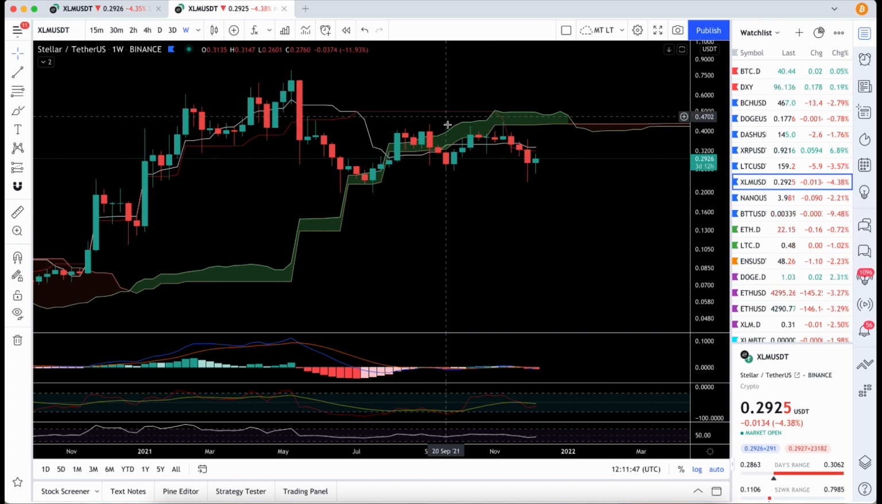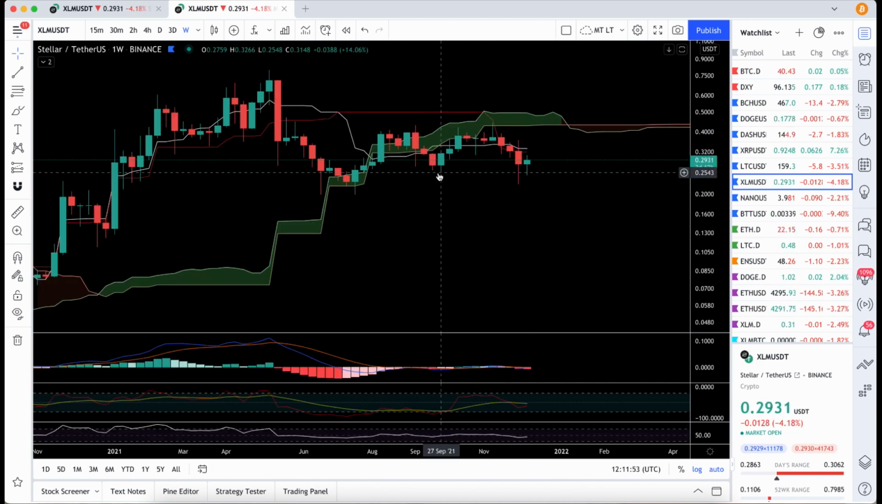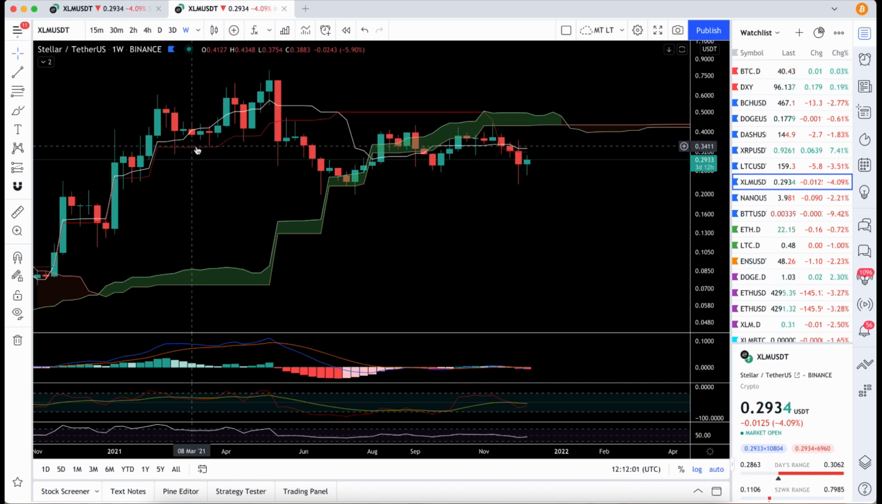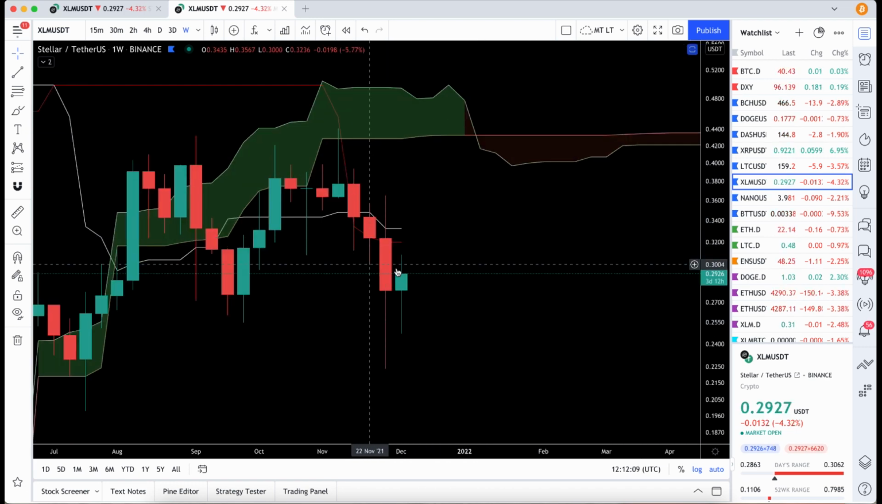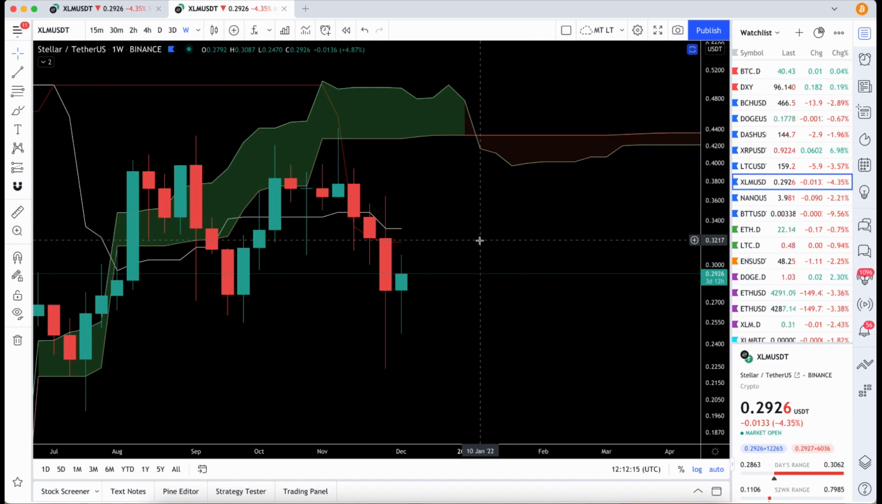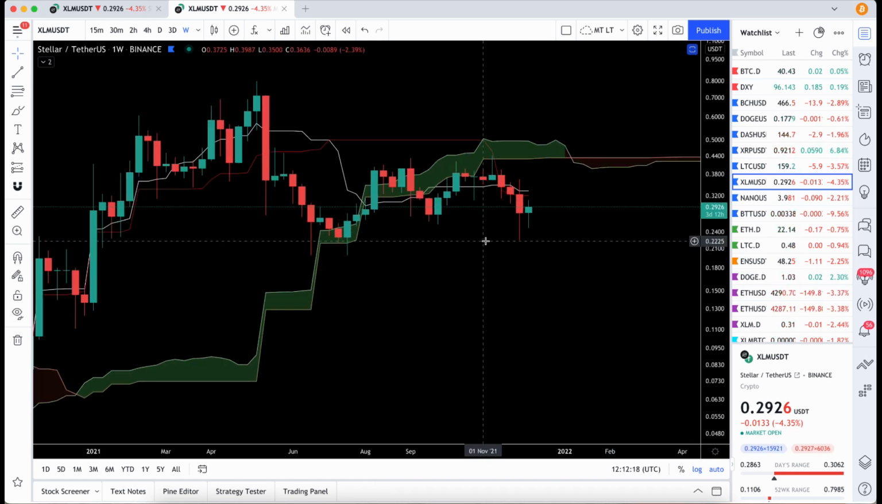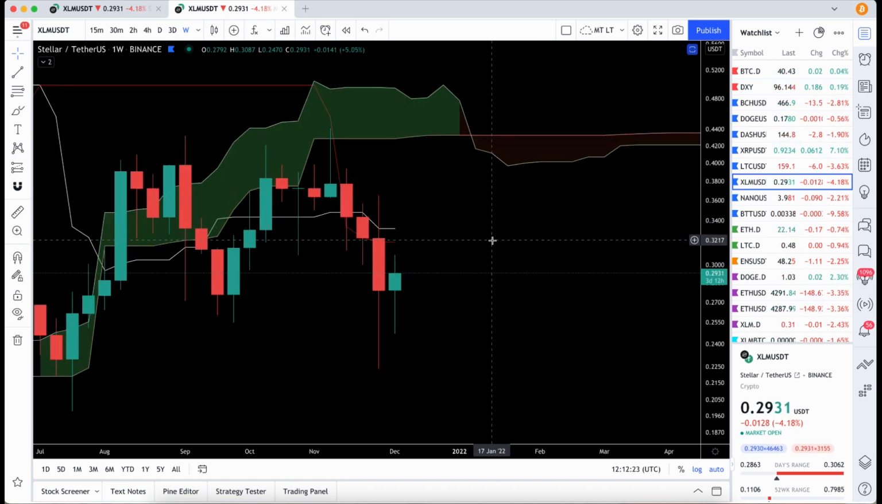Let's take a look at the weekly chart to see if the situation is different. Usually whenever you are above this green cloud, which is, by the way, an Ichimoku indicator you can find on TradingView, the asset is in a bull market. Whenever we are under this cloud, the asset is in a bear market. Now we are under this cloud, and I expect some sideways action before we are finally able to get above the resistance cloud, which is, guess what, at